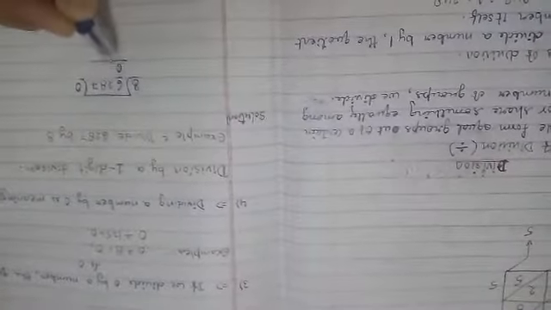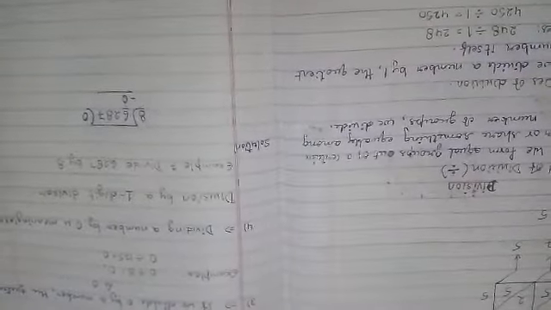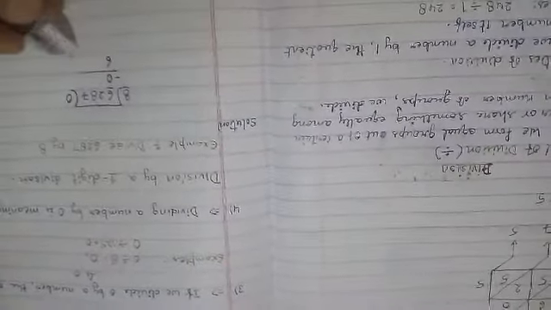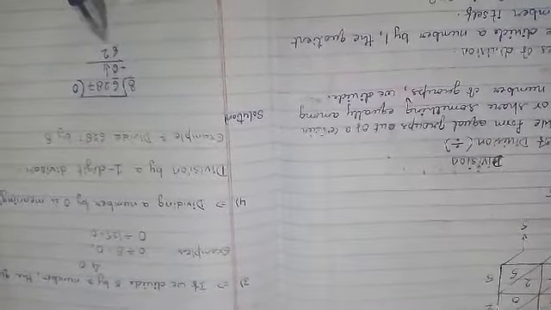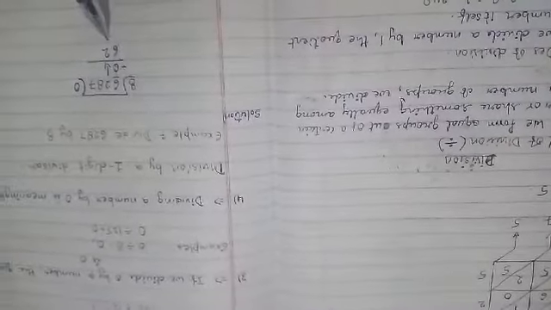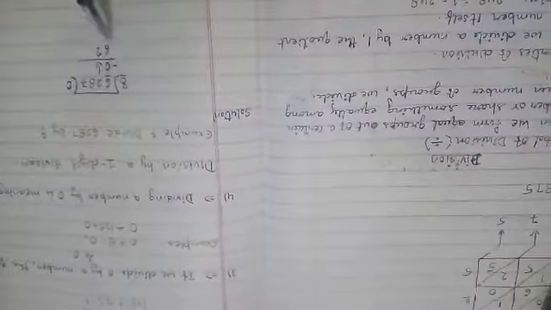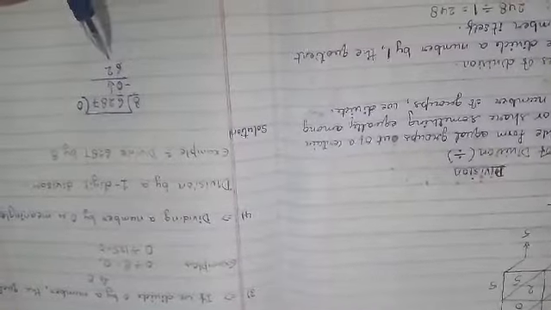Now let's subtract. Why are we subtracting, children? Because division is repeated subtraction. Now 6 minus 0 is 6. Bring this 2 down. Now this is 62. I can read the table for 62. Yes, 62 is bigger than 8. Whenever a number is bigger than the divisor, we can read the table, right?